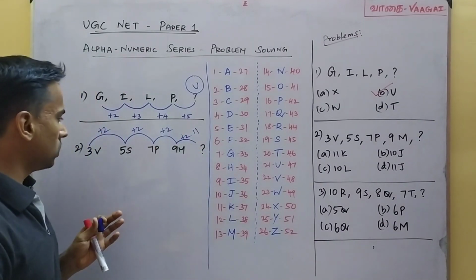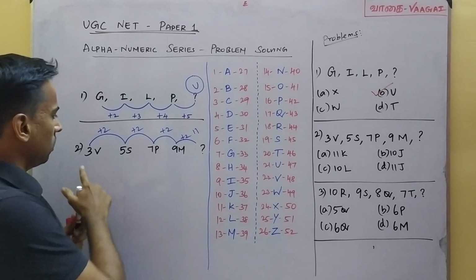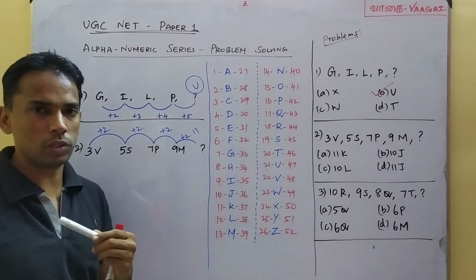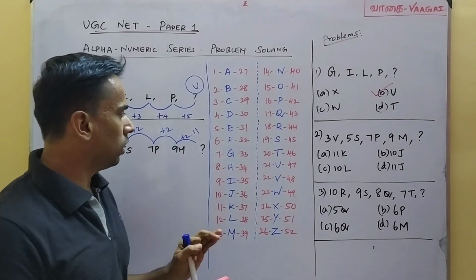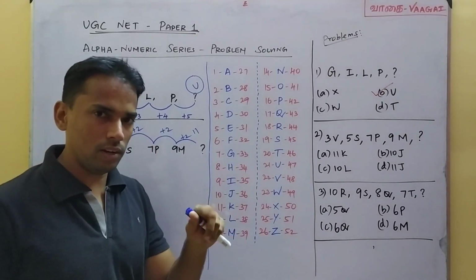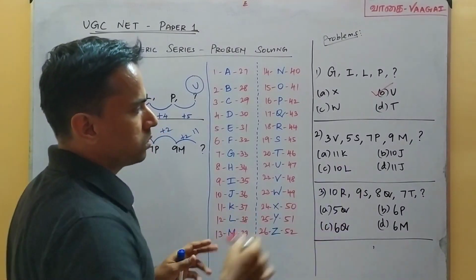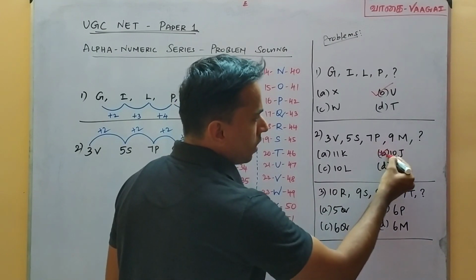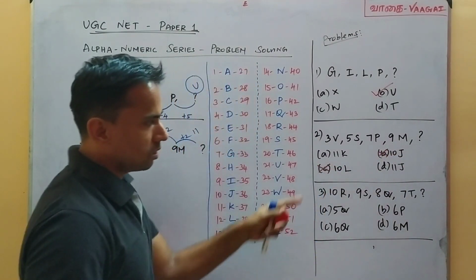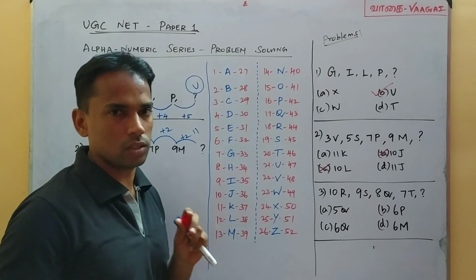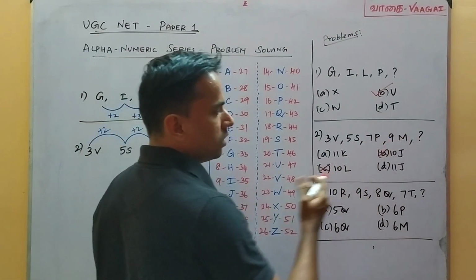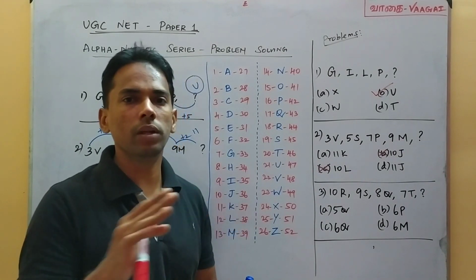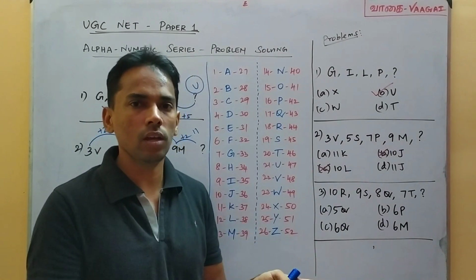It is also obvious that 3, 5, 7, 9 are all odd numbers, so after 9 the next odd number must be 11. So we are sure that our answer will have 11 as the number. Now see the options. We can surely eliminate options B and C, because these options have 10 as the number. We cannot have these as our answers, because even by mistake, even in a hurry, we should not make any wrong answers.